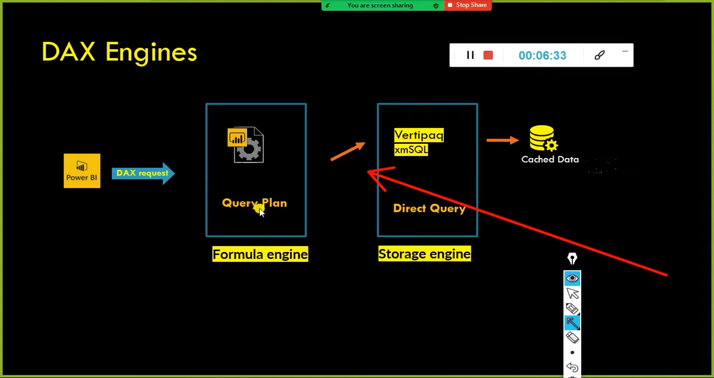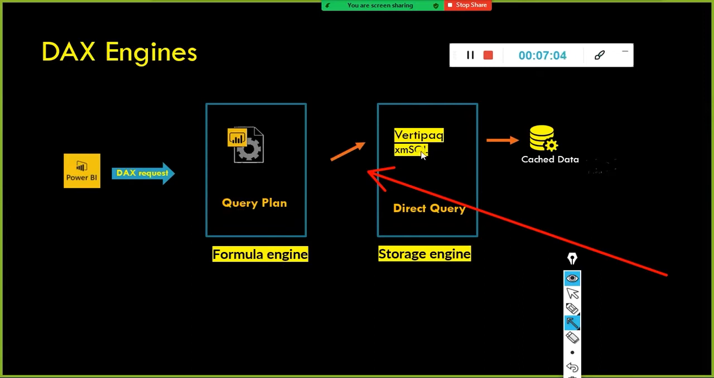Let's say you have used the import connectivity mode to load the data. What happens is the formula engine sends a data request to the storage engine, because the formula engine cannot directly retrieve the data from your data set. So it has to depend on the storage engine. Once the request has been accepted and processed and the query plan has been generated by the formula engine,